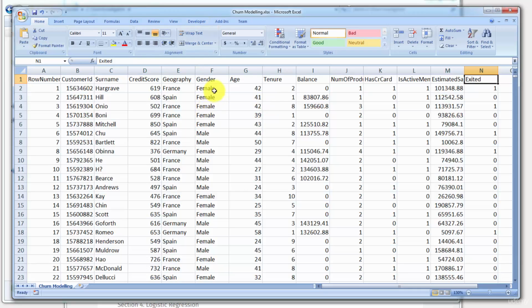We're going to look at, for instance, are females more likely to leave the bank than males? And this kind of makes sense, right? It's a basic A/B test. You want to see how many female customers left and how many male customers left of all of these totals, and then obviously you have to normalize it by the number of total female and male customers, because this is probably going to be disproportionate anyway. And then you want to find out, based on this column, who is more likely, females or males, or